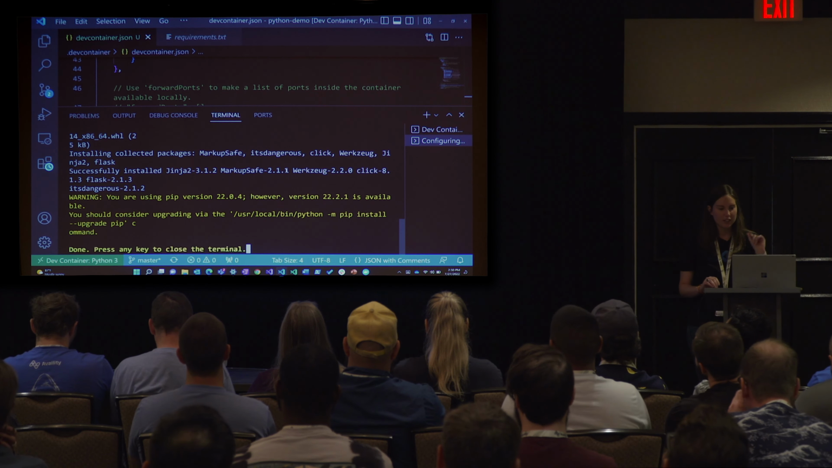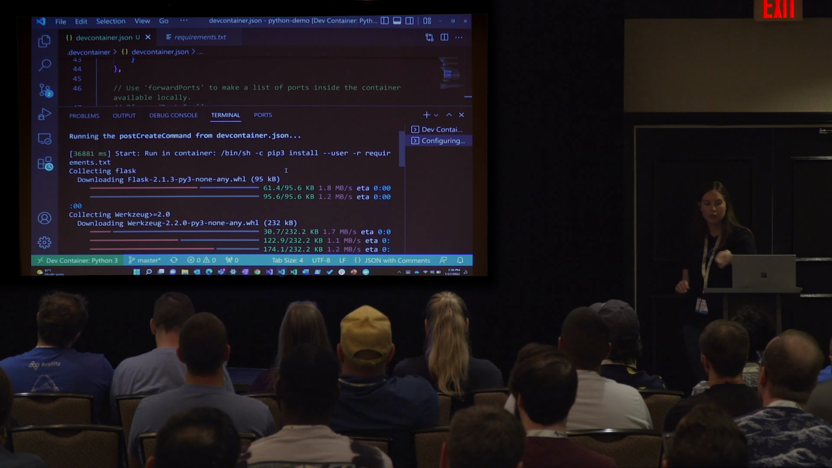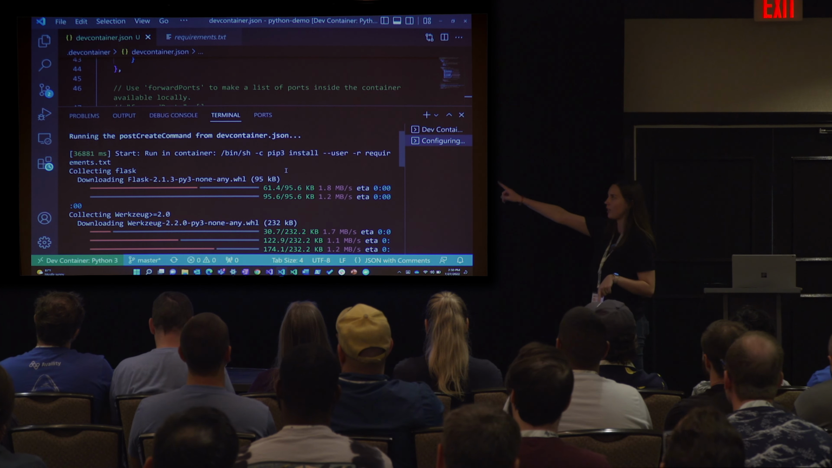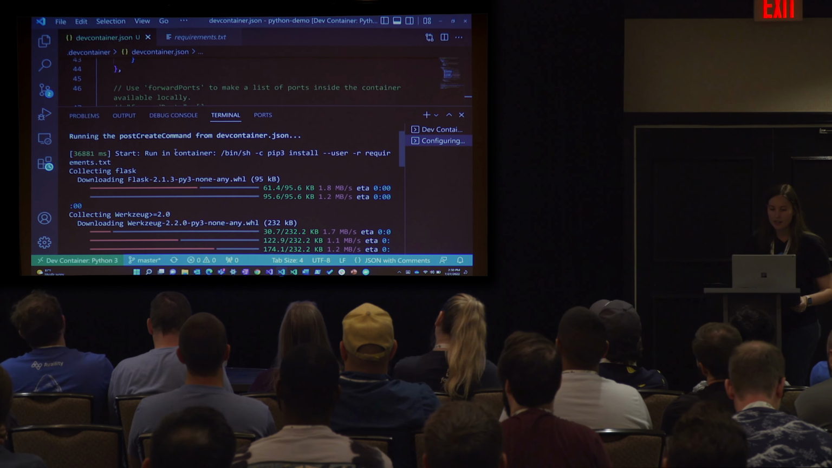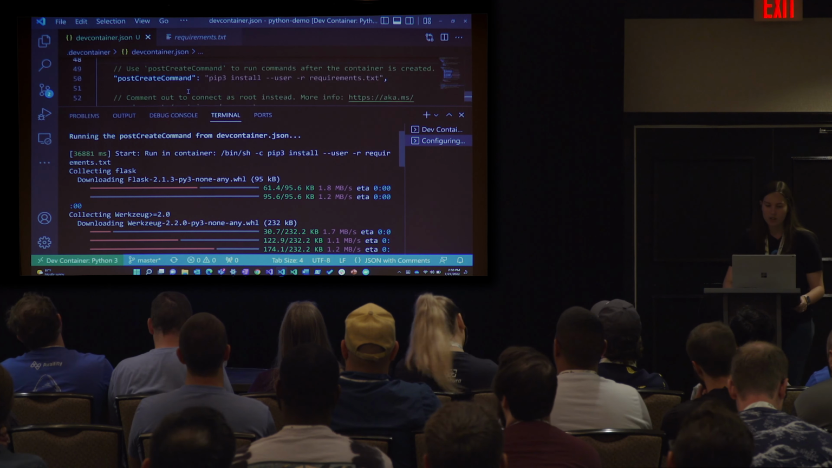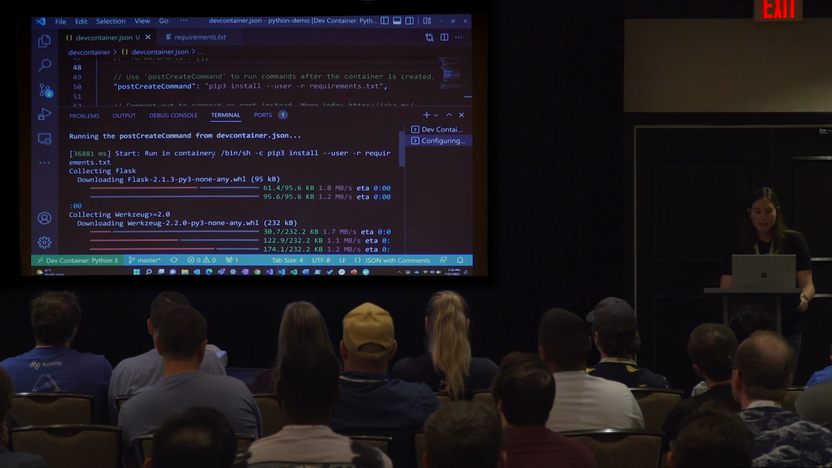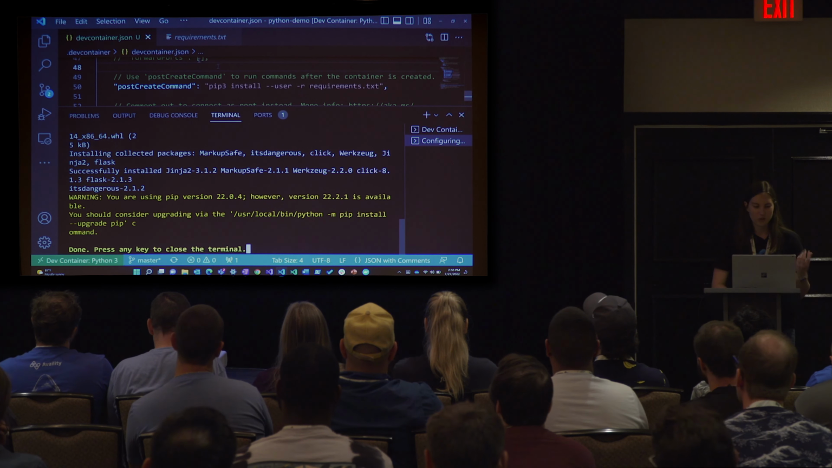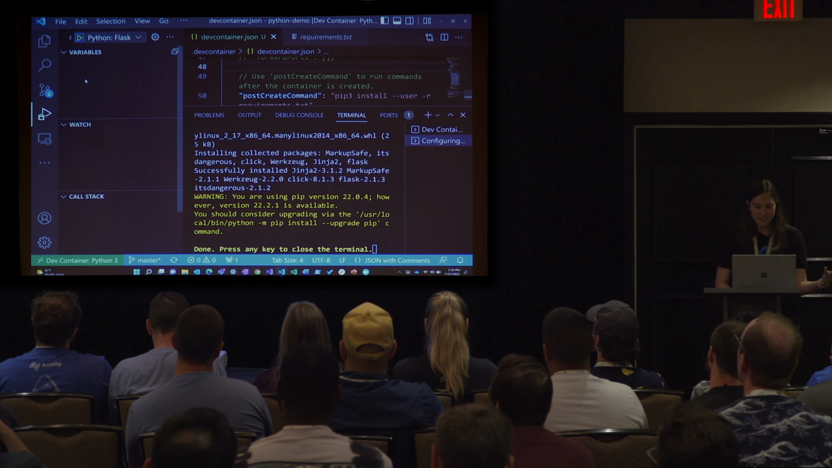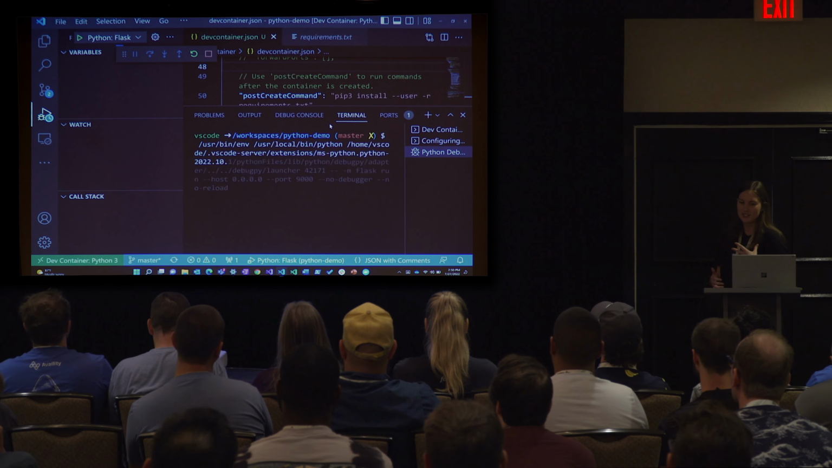Okay. What we just saw here, I'll scroll up to the top: running the postCreateCommand from devcontainer.json. That's what we just did. You can see that it's automatically running that post create command, which installs the requirements.txt dependencies. And now I don't have to run that myself. So now that that's done, let's try this again, and it should work. If we run that,